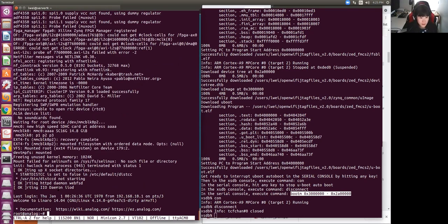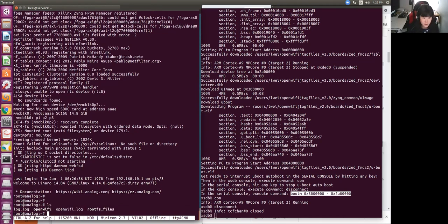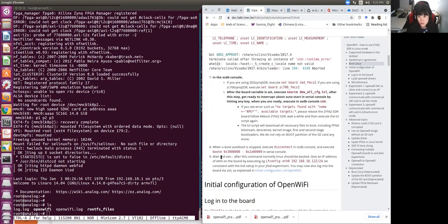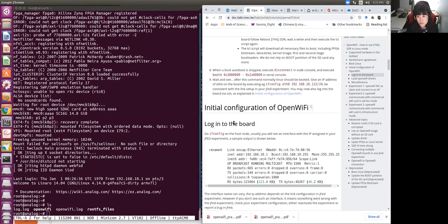So as you can see, at this moment the board is booted. Okay, so now we have succeeded at this part of the tutorial. So I will continue to the next part, which basically helps you to log into the board through the Ethernet